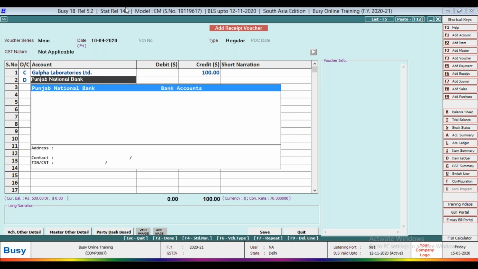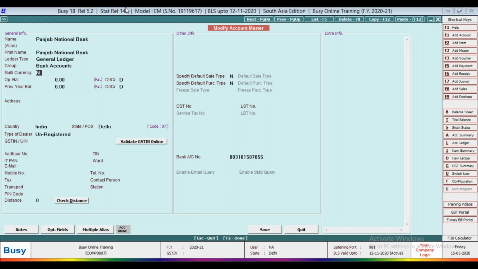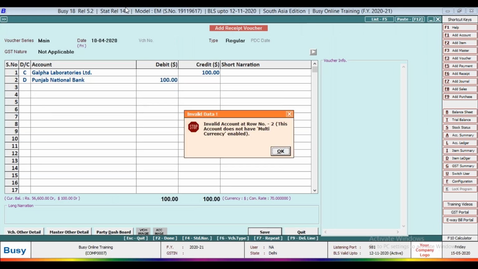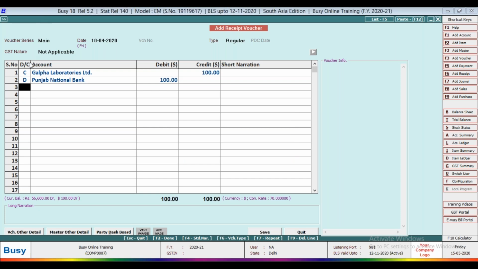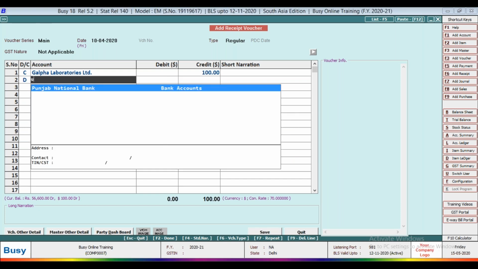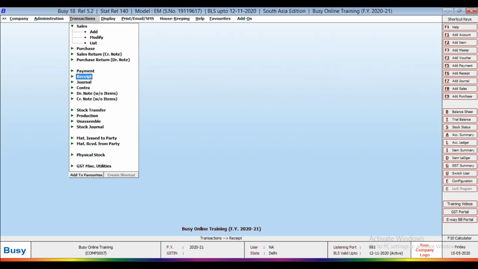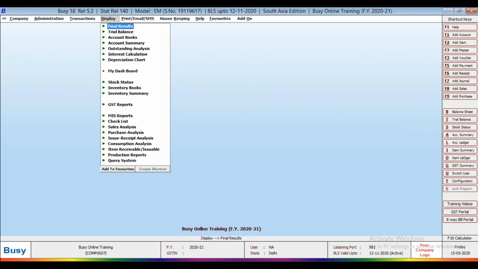Okay, modify the bank and enable multi-currency. I have received $100. Now check again the Gulfa Laboratories.